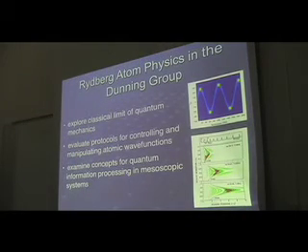Right. This is what Dr. Dunning is doing in his lab. He's working on Rydberg atoms. These are very highly excited atoms, and they are very well described by the Bohr model, which was proposed by Niels Bohr in the early days of quantum mechanics. By studying these highly excited Rydberg atoms, you can explore the boundary between classical physics and quantum physics. We know that ultimately everything is governed by quantum mechanics, but in ordinary matter,